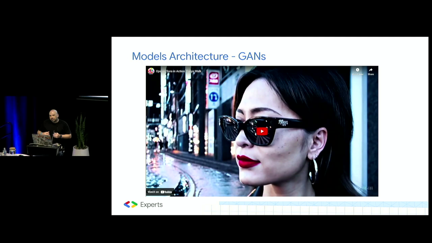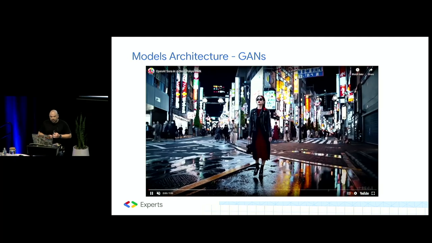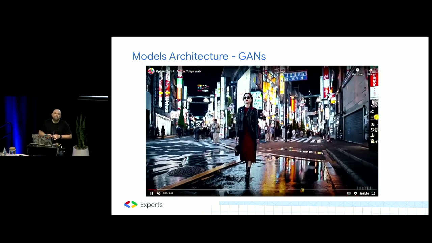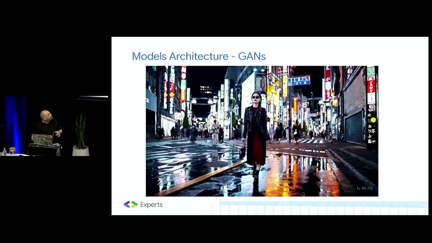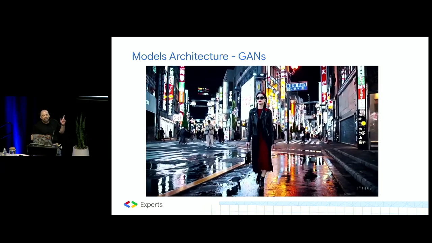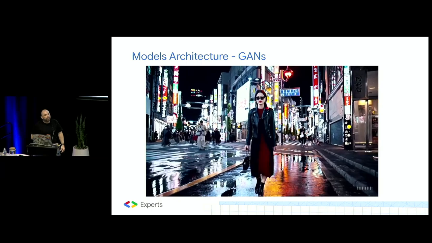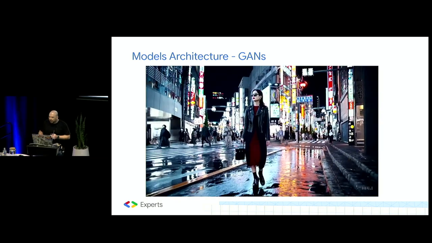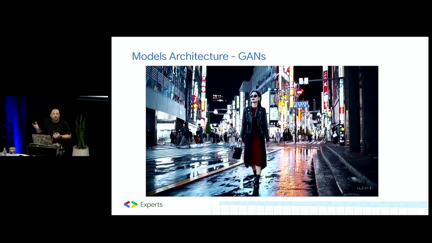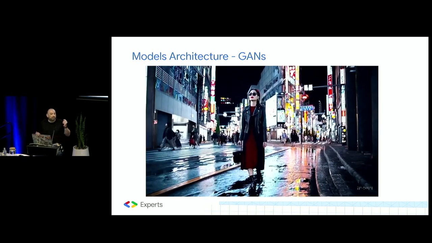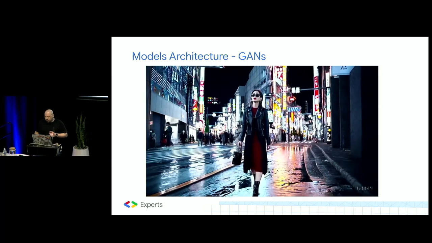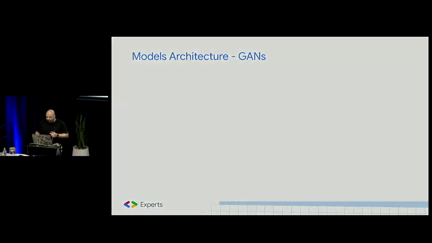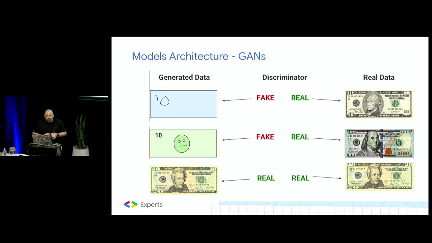Now, okay, that works with text. But what about images and video and generation? Well, actually, this is one of my favorite AI-generated videos from Sora. Look at the detail, the stunning detail, even in the lighting and the reflection. It's really, really fascinating. So the architecture behind generating things like this is what we call a generative adversarial network, or GAN for short.